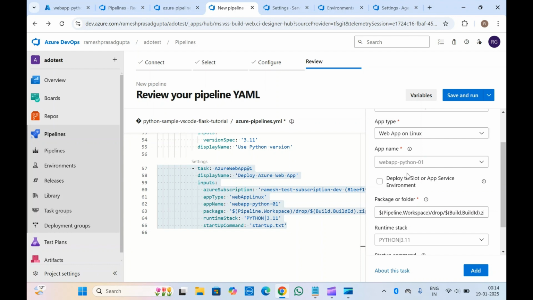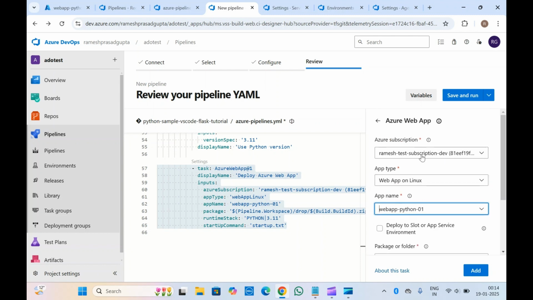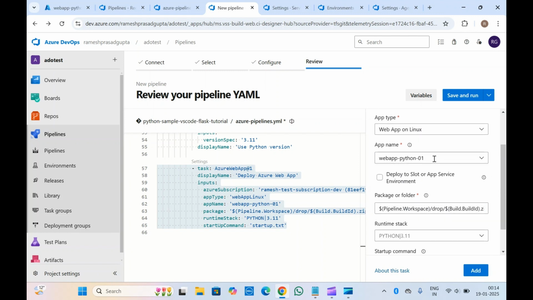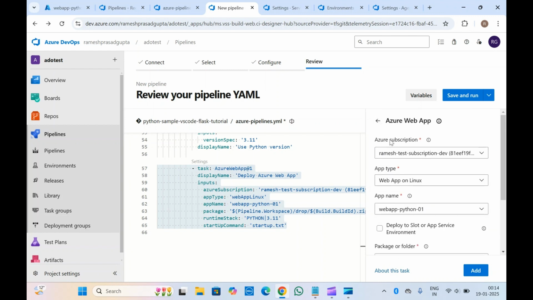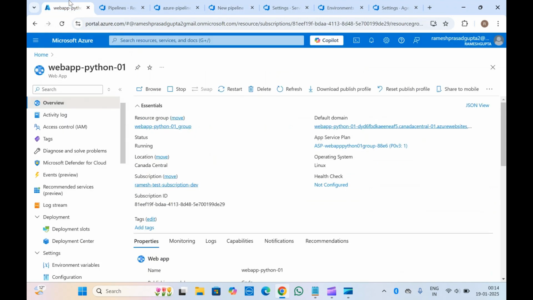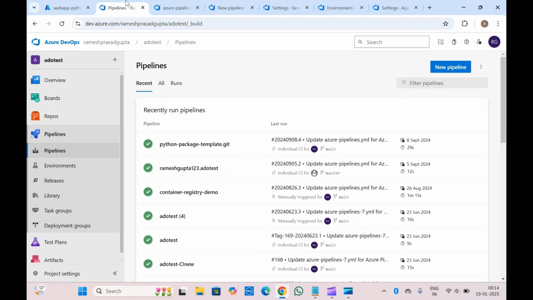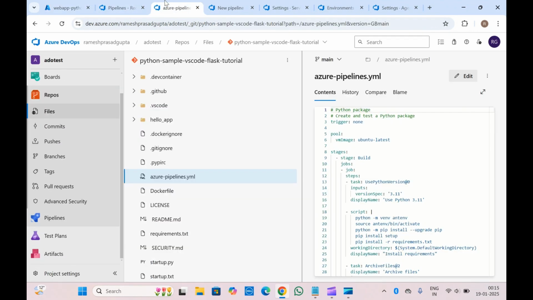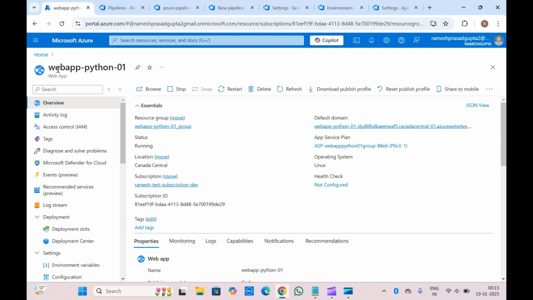App name is something like this. What is our web app? Web app hyphen Python hyphen 01. If you select this service connection, then this app name will automatically come here. Okay, if you are using something else, then make sure this service connection has access to this resource group or this resource, then only this will work. Otherwise it won't be able to deploy your application. So make sure you have the necessary permissions